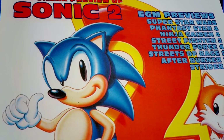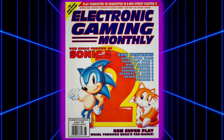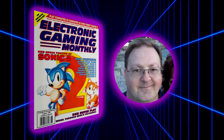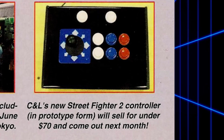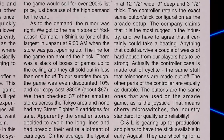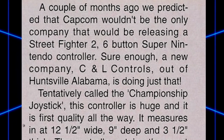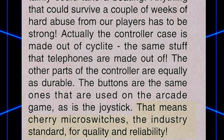The Championship Joystick was first revealed to the world in the August 1992 issue of Electronic Gaming Monthly. The Championship Joystick was created by Lee Bender, who was nice enough to answer several questions from me via email. Lee sent a prototype of the Championship Joystick to EGM's Chicago offices in 1992, and they were so impressed that they included it as part of that month's EGM Express article along with a picture of the prototype. Even though the small write-up wasn't a formal review, and all EGM had was the prototype, they spent 214 words